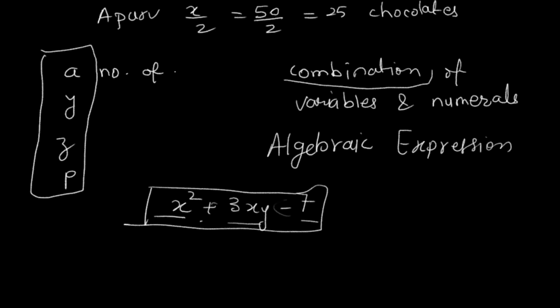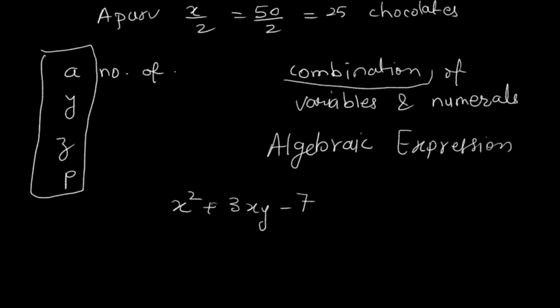Okay, so next definition is terms. Okay, when I refer to the whole combination, I can call it an algebraic expression. But when I just say that this algebraic expression has x square, 3xy and minus 7, I am calling them as terms. Terms मतलब इसके parts जो मिलके combine adding और subtraction से होके what they form is a complete algebraic expression.